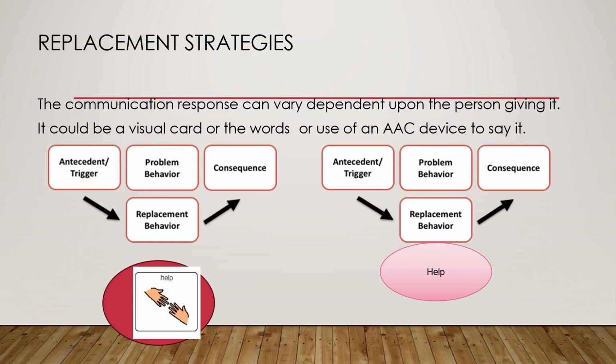So help is another good word that we all need. And there are many, many words. These are just some examples to help you think through and to let you see. You can see on the screen that it shows the difference and shows the ABC. So that's the connection, right? And we talk about the replacement behavior, and that replacement behavior is this communication. So we're teaching them a communication response in order to replace that behavior.